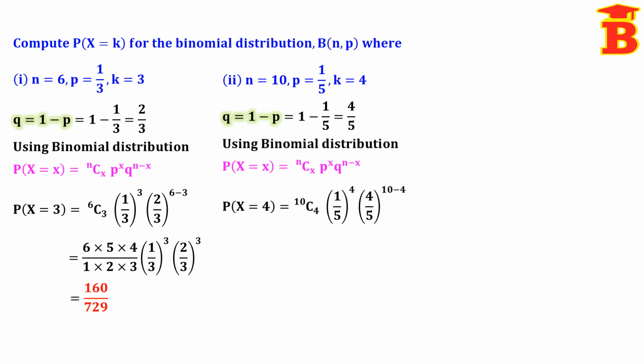And here if we have whole power big numbers, then no need to simplify, we can stop at the answer. Only if we have very small power numbers, we have to simplify.